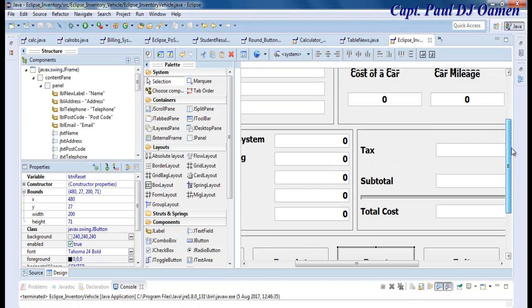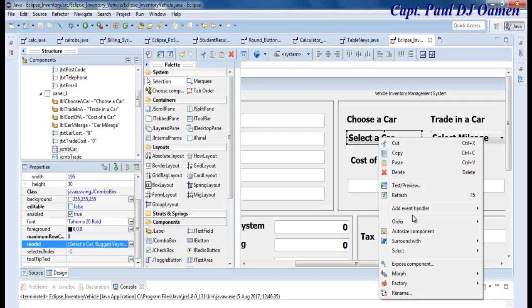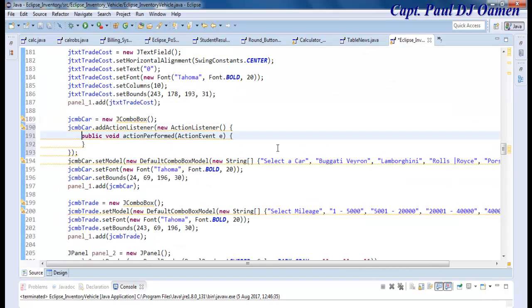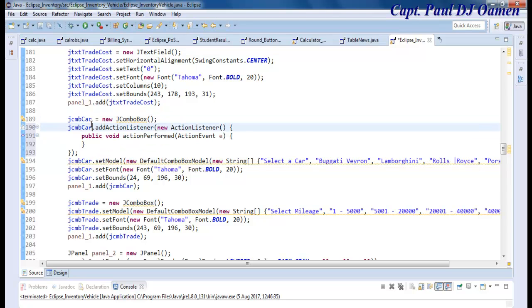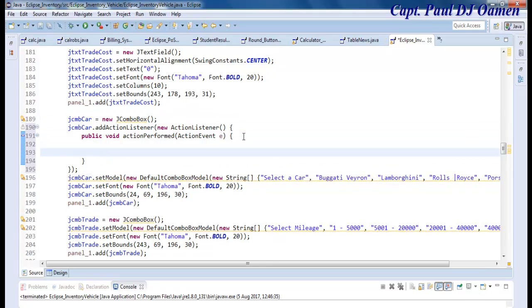Now let's take care of this. So I'm going to double click on that or select an event for it. Let's go to action form, and right there. So the name is JCMB car. So I'm just going to copy that. Let's use an if statement. So if whatever car dot,